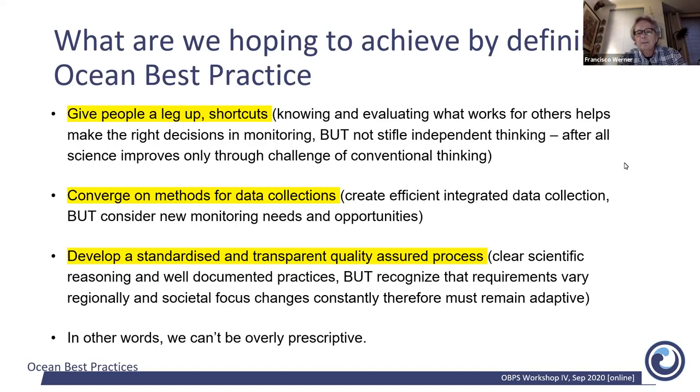But we also recognize that requirements do vary regionally, and also, the questions might change. And so therefore, we need to remain adaptive in these approaches. In other words, we do want to help in how to go forward, but at the same time, we shouldn't be overly prescriptive in what we present. So the next slide, please,